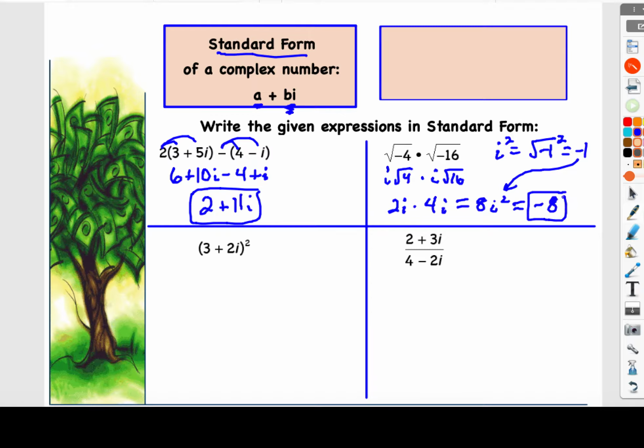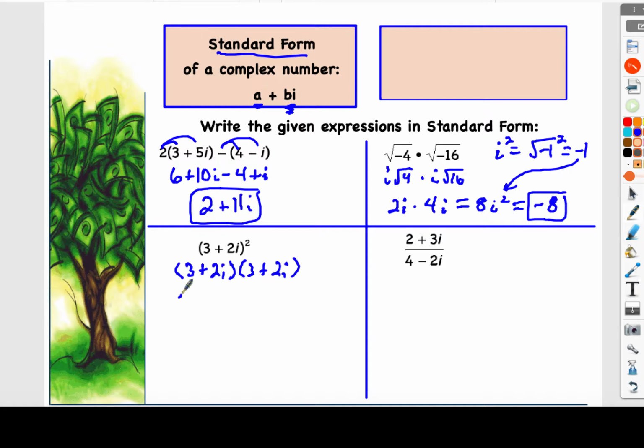i squared basically just changes the sign of the number, but now it's actually a real number. i squared is actually still real. So if we do that same idea, when we're foiling out, or we're distributing this 3 plus 2i squared down here, down at the bottom,